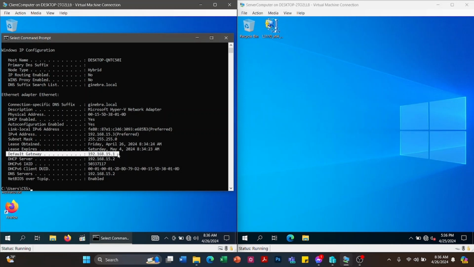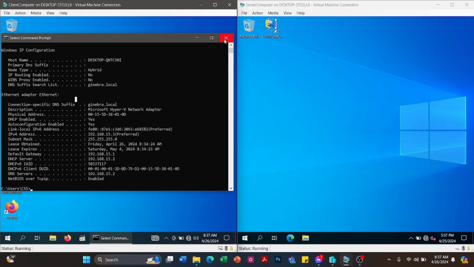So the default gateway is 192.168.15.1, which also aligned to the DHCP settings, and also the DHCP server, which is 192.168.15.2, which is the server computer's IP address. So we have successfully created a DHCP settings configuration. So the client computer successfully requested or aligned the network configuration of the network properties.